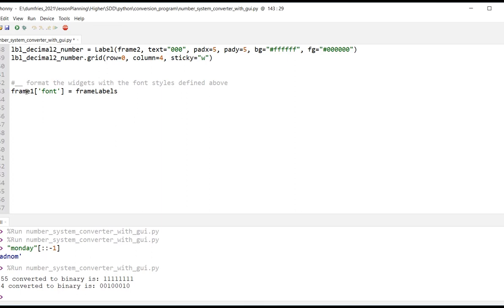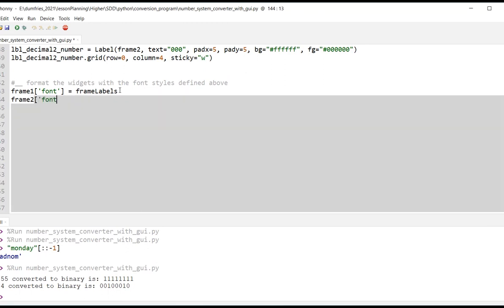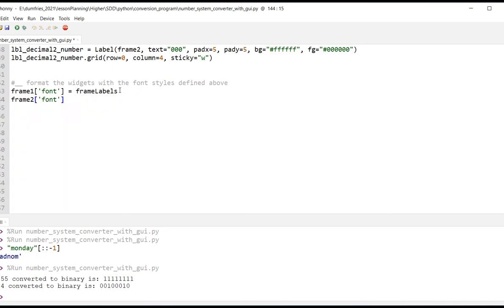And what we've said here for frame 1, the font, so remember this will be the label on frame 1, and we also need to do the same for frame 2. So frame 2, font is assigned frame labels. We're able to reuse that defined font and it will give us a bit of consistency